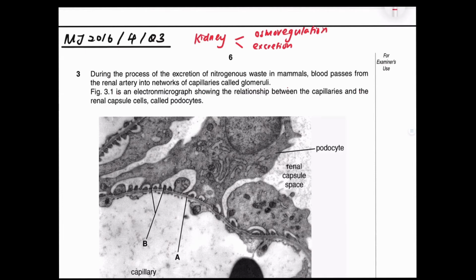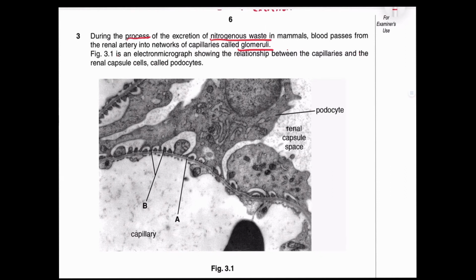So in this question, they are focusing on the process of removal of nitrogenous waste in the blood, where it involves the process of ultrafiltration, which takes place at the glomerulus. So we're going to see how ultrafiltration takes place. So first thing, let's identify what are the requirements for ultrafiltration. So for ultrafiltration to take place,